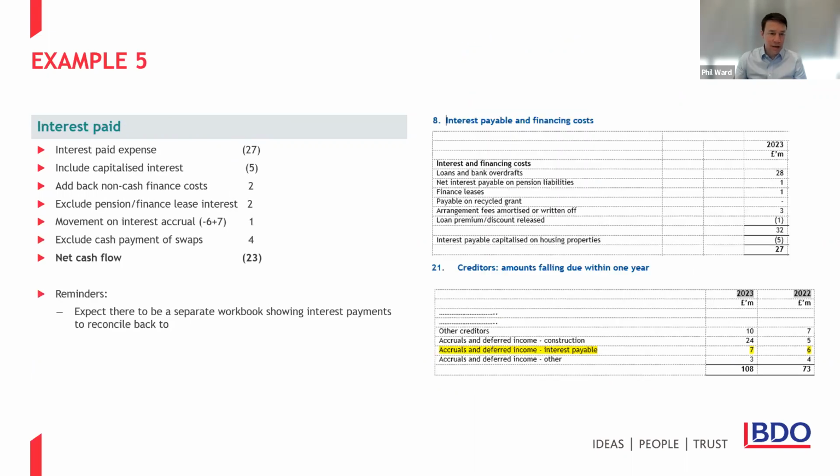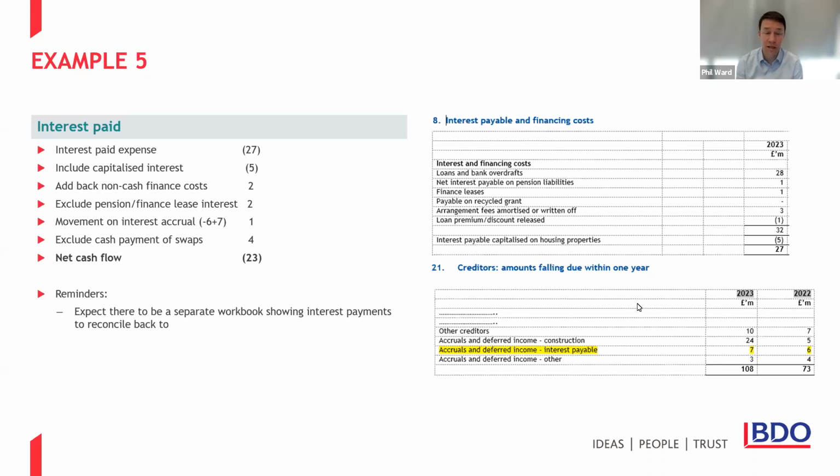So the fifth example is interest paid expense. So again, I've got here in this example, and I would encourage all of you to do this, there's lots of analysis in the notes to help you to get to the right cash flow items. If you don't produce these items in the note, it will require further separate analysis via spreadsheets, and spreadsheets are notorious for going wrong. So how do we get to our interest paid cash flow?